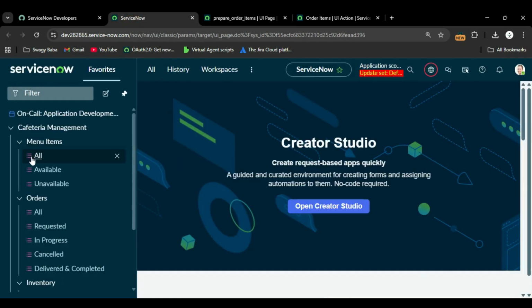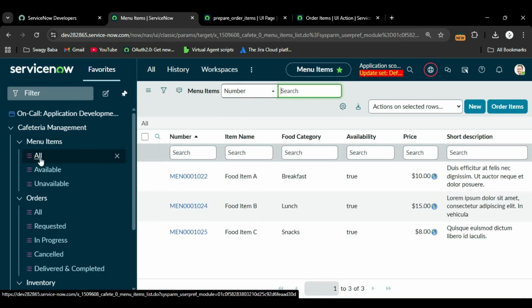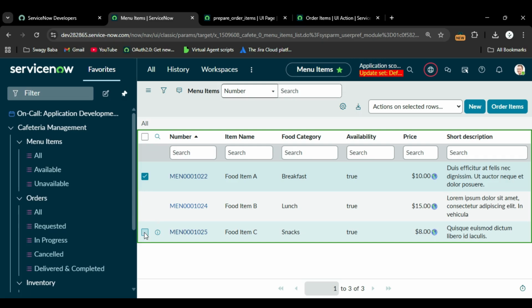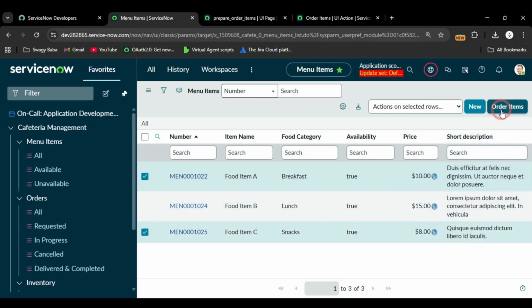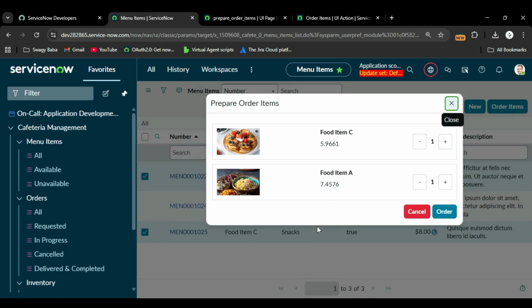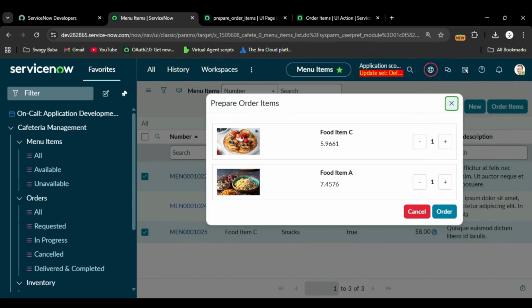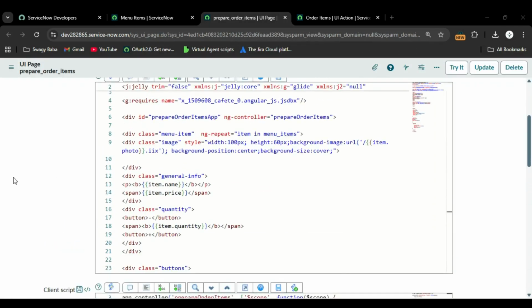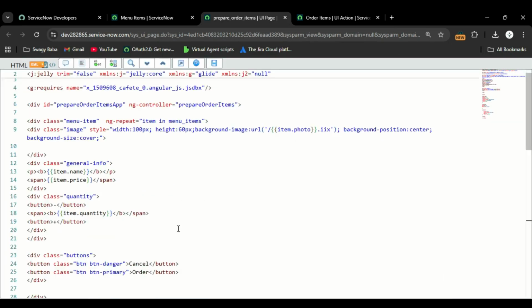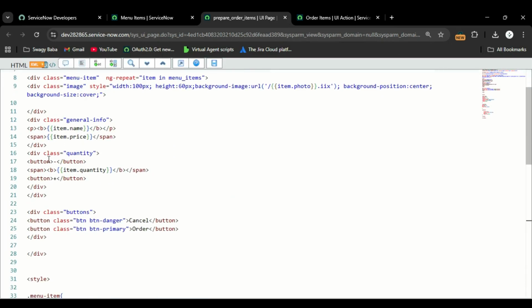So let me go to the list of menu items and let me select items and let's click on order items. So you could see this is how it is appearing. I'm going to add the function to add or remove quantity for each item when we click on the increase or decrease button. So in the decrease button, I will create the function update quantity, and in this function I will